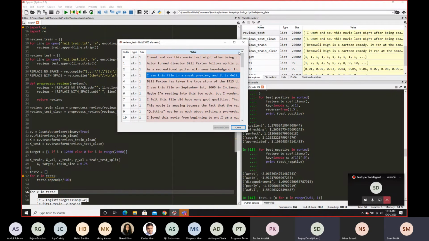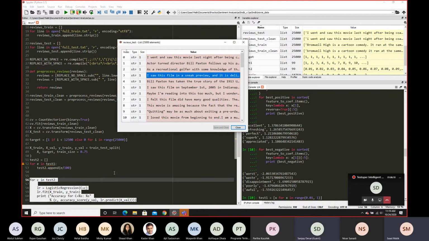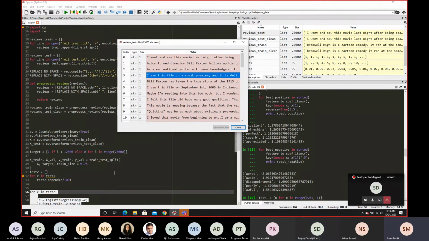You can just Google how it's done, removing stop words from text. It's a very simple process. You'll have to import, I think, NLTK for that. Do that, use this methodology that we did for different values of C, and try to see how high you can get the accuracy. And if you think you can get the accuracy significantly higher, just post it on the GitHub as well, and we'll review it during our next session.